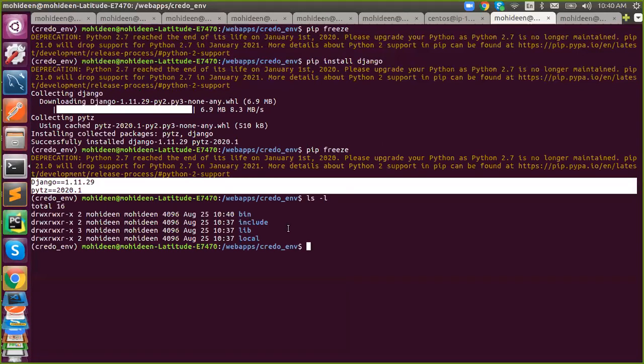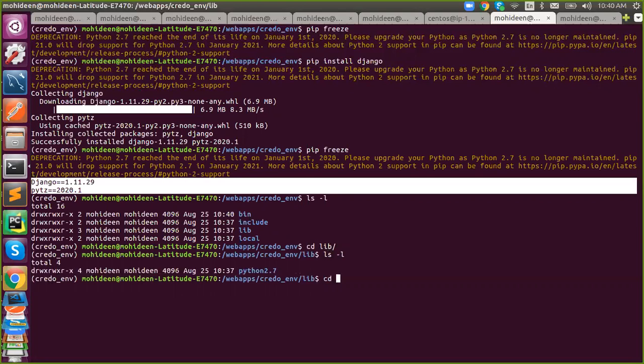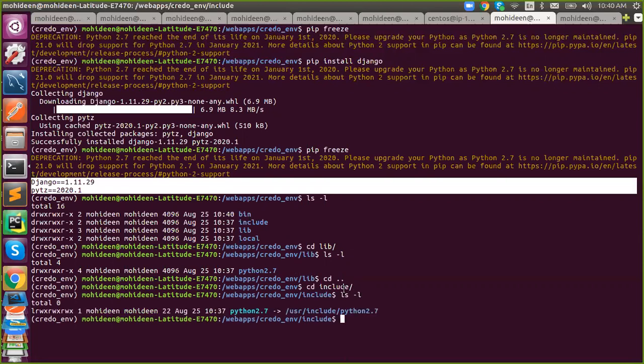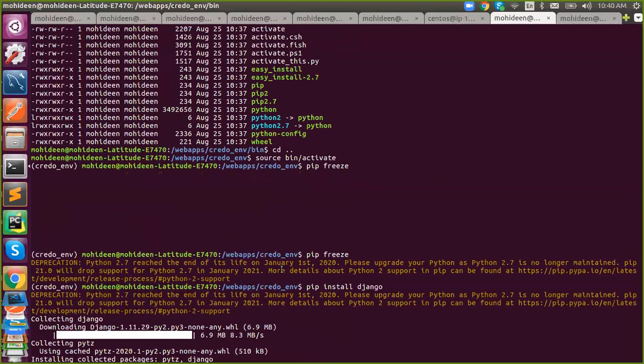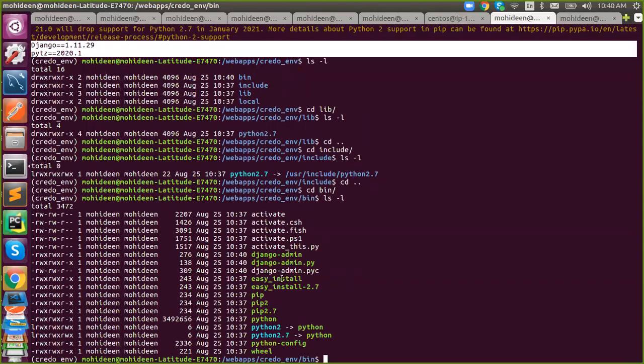In the lib folder you will find Django. So Django was installed; previously it was not. Now it is there. Whenever you install something, it will keep on expanding. But all your dependencies along with the interpreter will be in your local environment, local path.